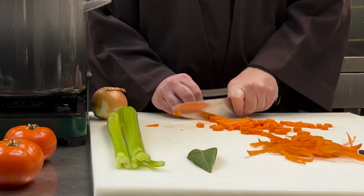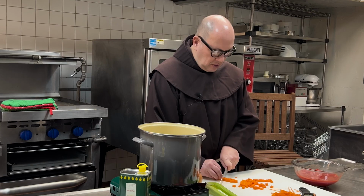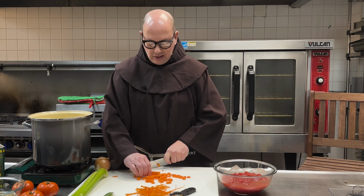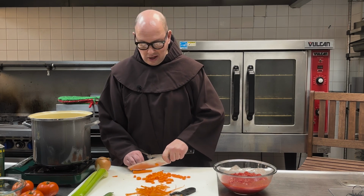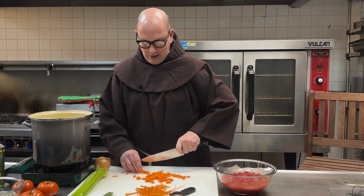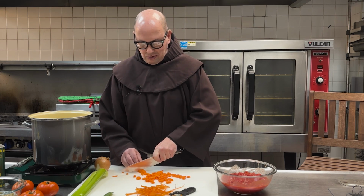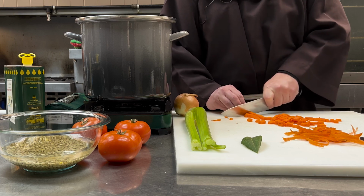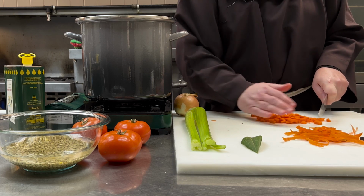One of the things you need to do is to pick through your lentils. We've already done that. And the reason for that is sometimes there's some lentils that are a little bit darker or may have dried out. There might be some stones in there depending on where you get your lentils from. So you want to just pick through them, make sure that they're all good lentils that you want to use,